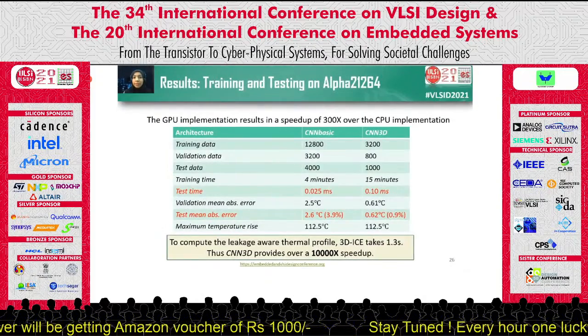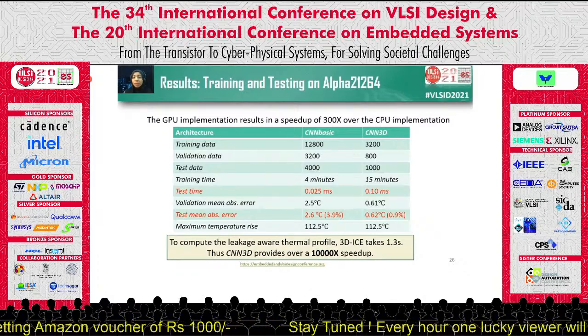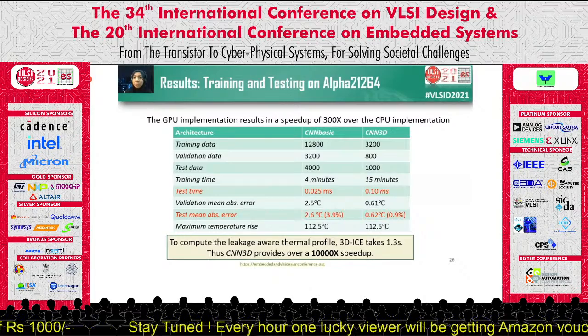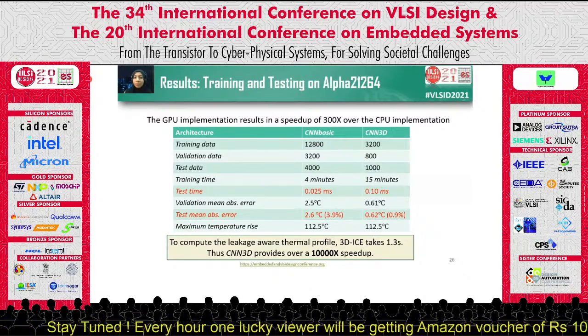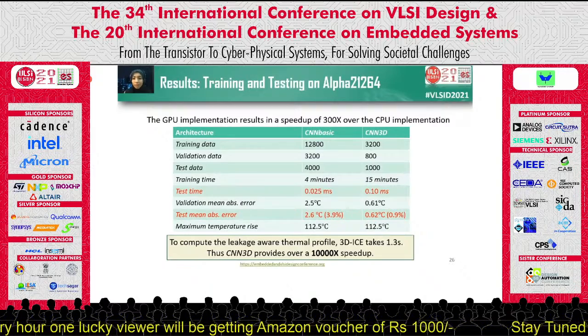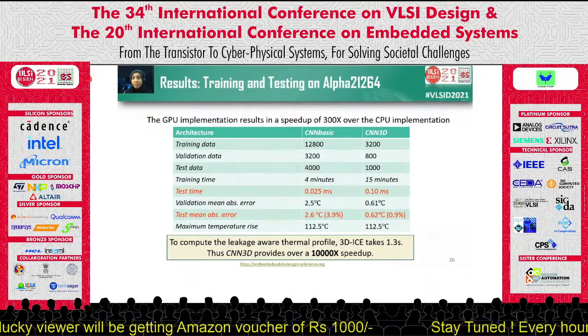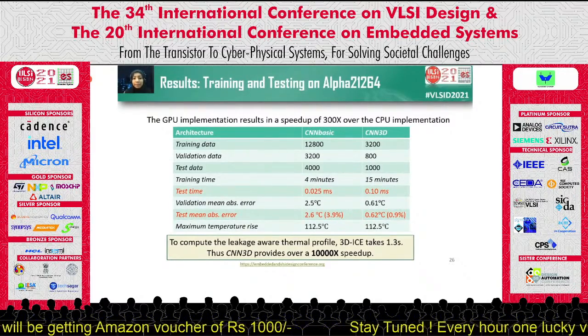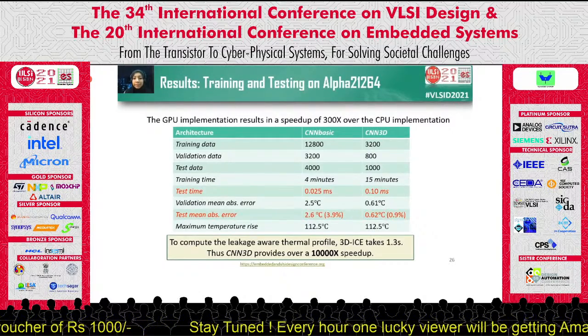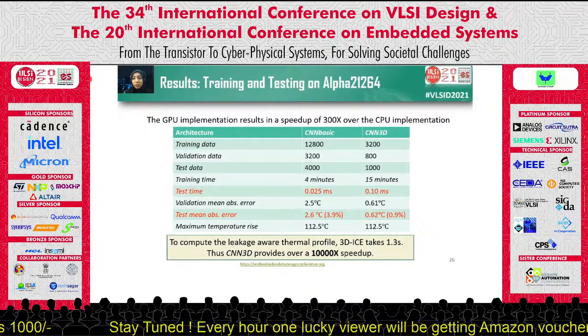Next, we train and test on power profiles from the floor plan Alpha 21264. First thing we note is that the GPU implementation results in a speedup of over 100x over the CPU implementation. We split our data into training, validation, and test data, and these are the results. There are 2 important metrics here. The first is the test time. So for 3D architecture,